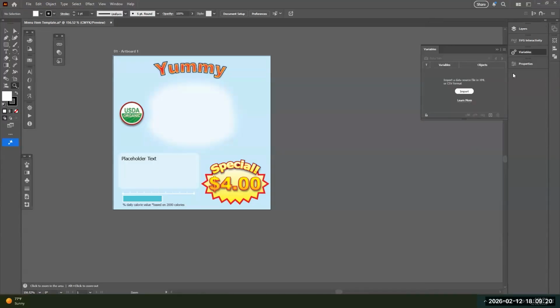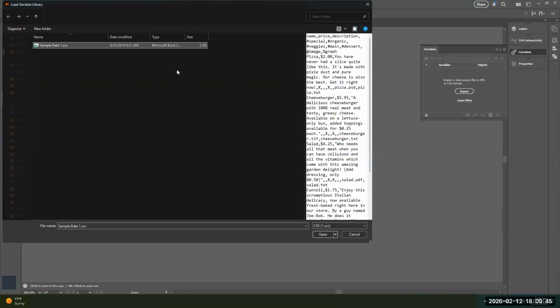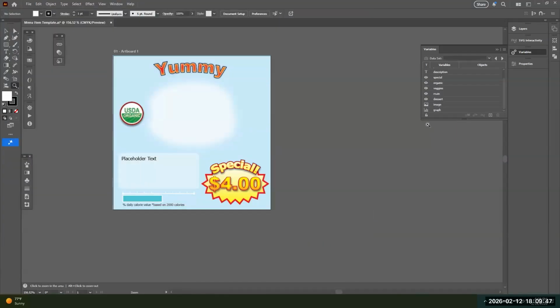So here is the variables panel that comes with your Adobe Illustrator for absolutely free. After the variable importer script was put in, Adobe put in the basics of that functionality with this button. So let's use the button right here. It produces a nice dialog box and it's all good. And when I do this, there we go. We got all of these